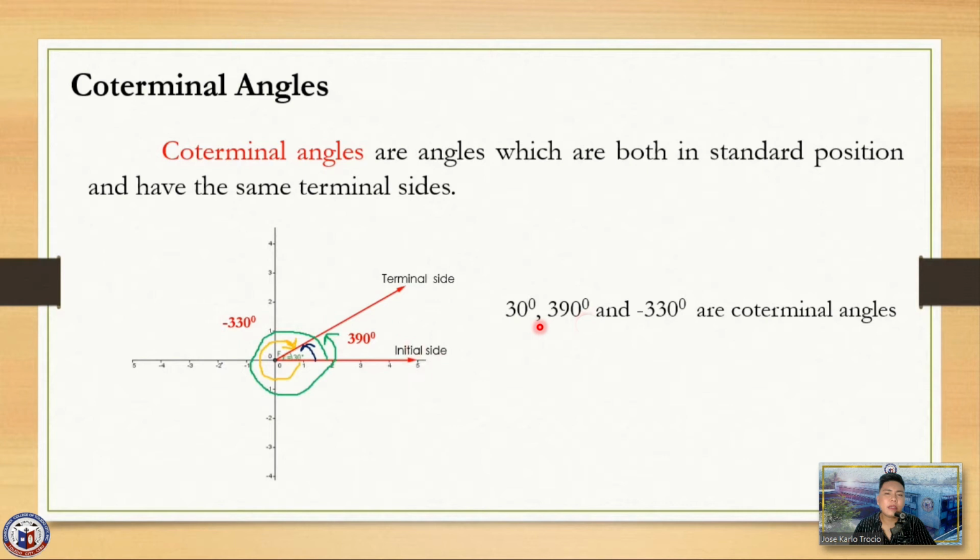Let us have this example. Suppose you are going to find the coterminal angle of 30 degrees. Look at this blue angle here, diba? This is 30 degrees, acute angle. How about this 390 degrees? So 390 degrees is a coterminal angle of 30 degrees. Why? Because coterminal angles are angles which are both in standard position and have the same terminal sides. It started with the same initial side, this blue and green, and it ended and landed on the